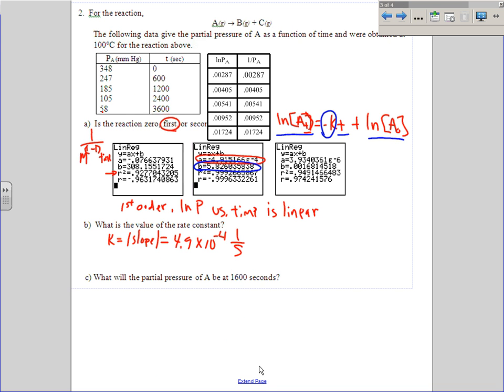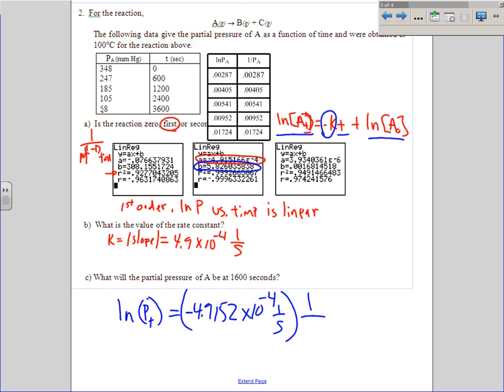Extend that page a little bit. Okay, so what will be the partial pressure at 1600 seconds? Well, we know that the ln of the pressure we're looking for at time t, and remember time t, 1600 seconds, is going to equal the negative of our k value. Remember, negative k would just be slope, so that would be negative 4.915, carrying a few extra significant digits here through to the negative fourth, and that would be inverse seconds,